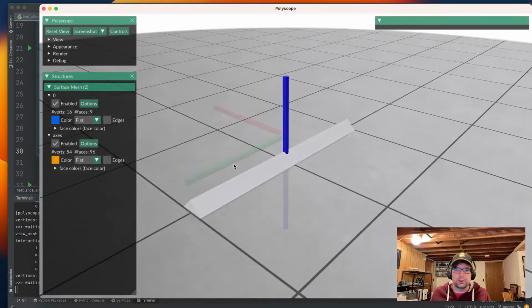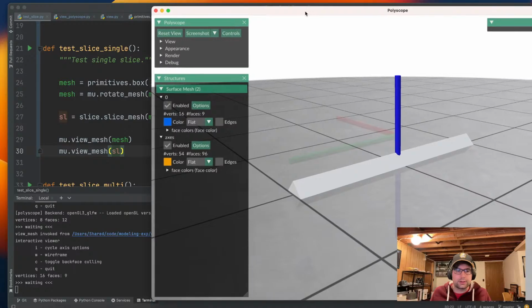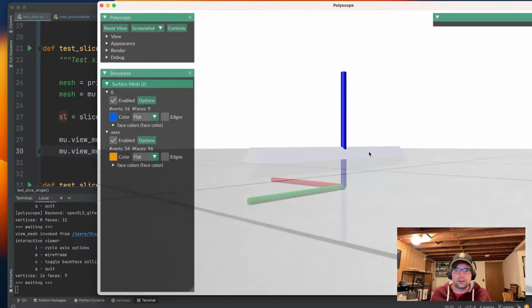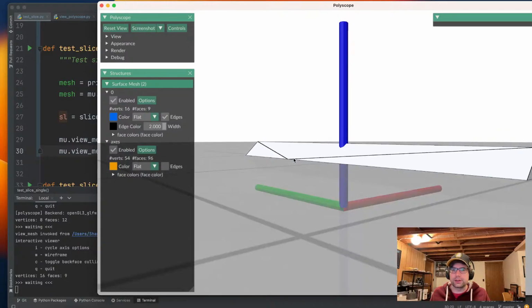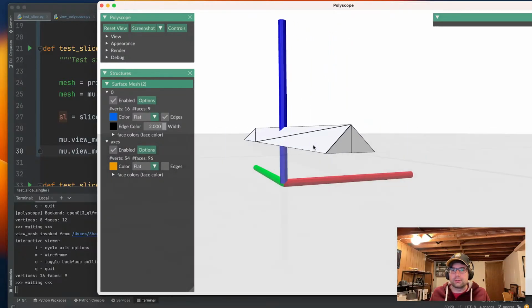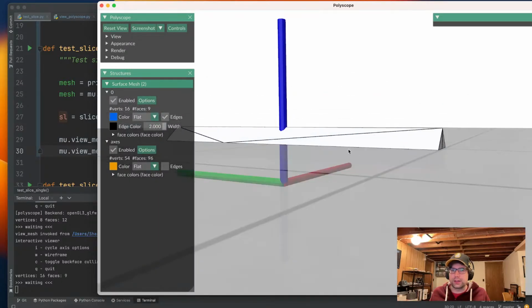Yeah, okay, so our new mesh has 16 vertices and 9 faces. And see, this is that duplication that I'm talking about. And not only are things duplicated,